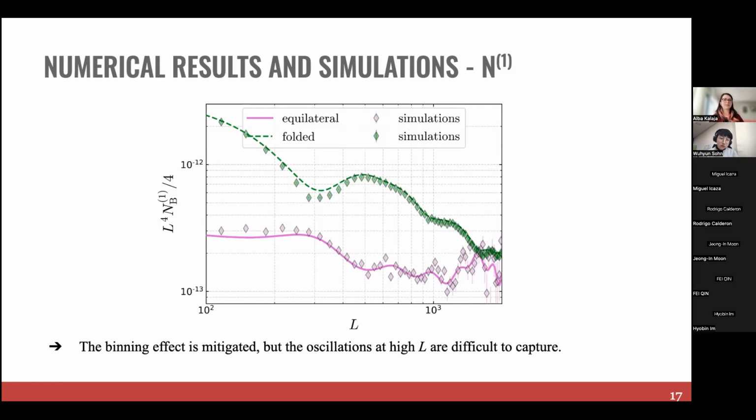This probably means that we need more simulations to have these features. Even if here we consider 10,000 simulations, so it's quite a high number, but probably given this oscillatory nature of the curve, it might be that we need more. Nonetheless, the result is quite good because again, our data points correspond to the curve that we were expecting.